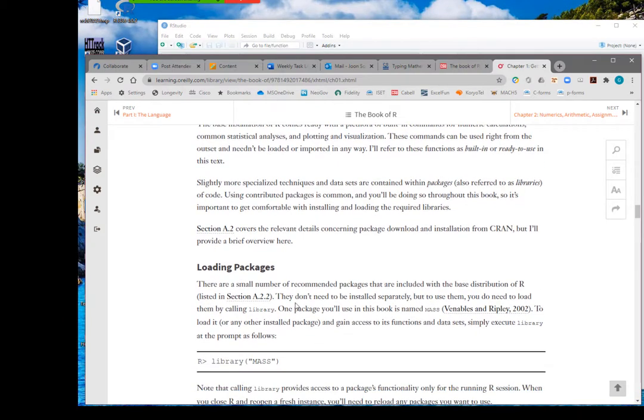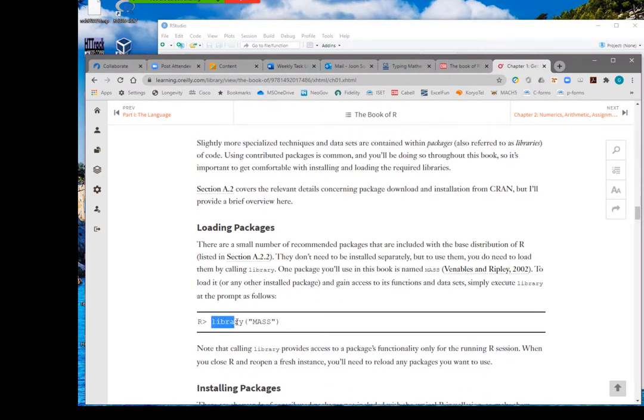Once you install a package, you have to load it, and that's the command.